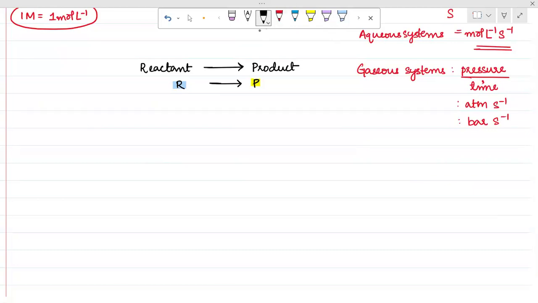So how will you write it? You will write it as changes in concentration of the reactant. Concentration of any species is written inside square brackets. Okay. Changes in the concentration of the reactant per unit time. Changes in time. Okay. To understand it better,